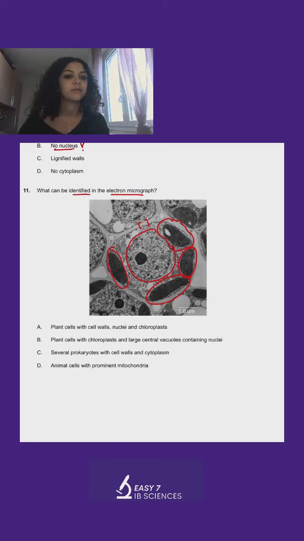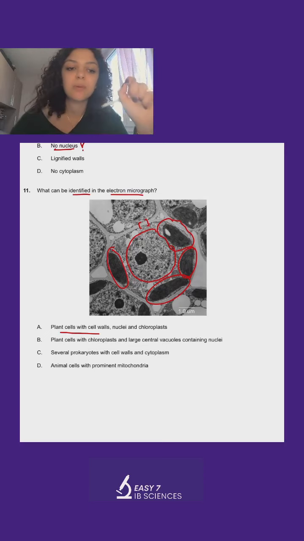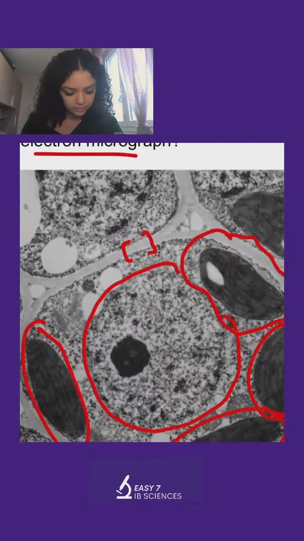Very good. A lot of people are saying A. So yes, this is a plant cell with a cell wall. How do we know that this is a cell wall and just not a normal phospholipid membrane? It's because phospholipid membranes are very, very tiny. You wouldn't be able to see them. They wouldn't be this thick,